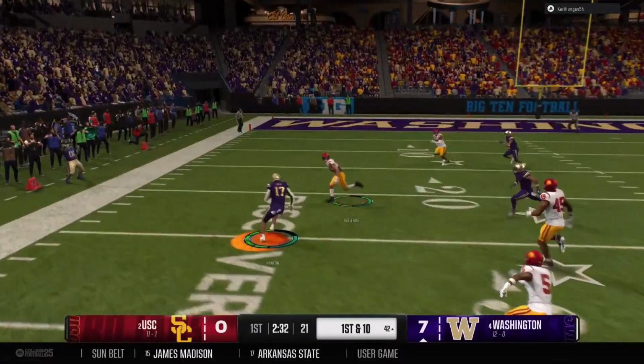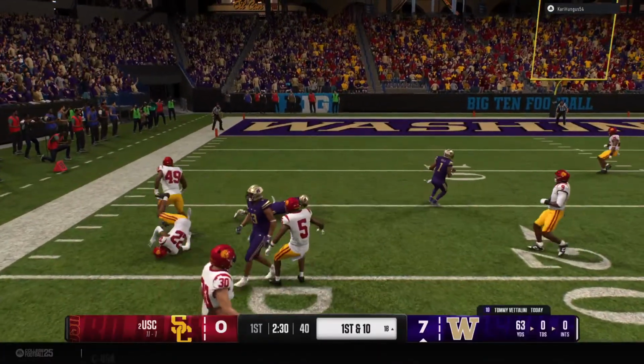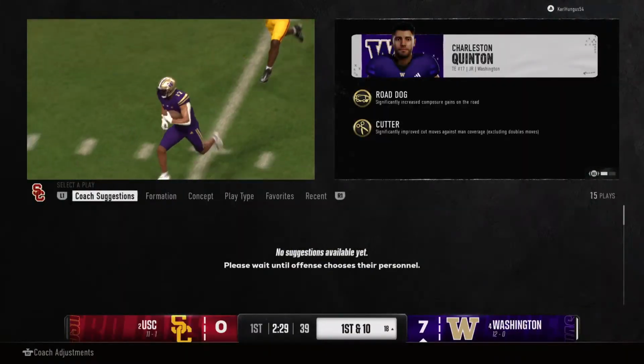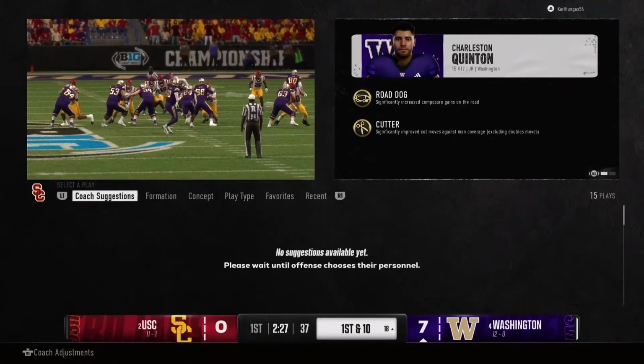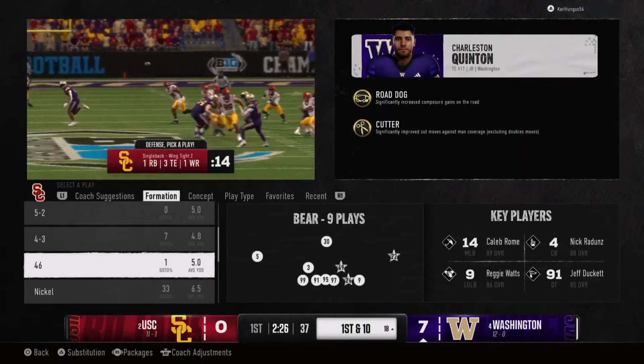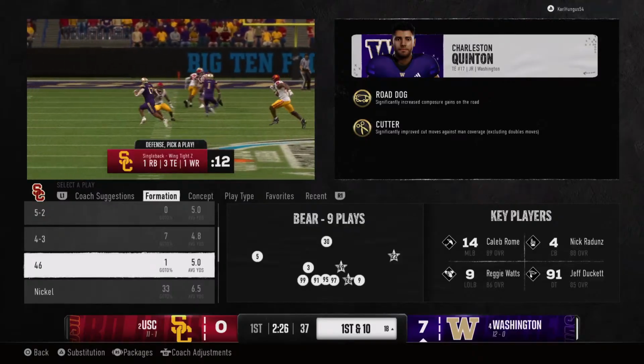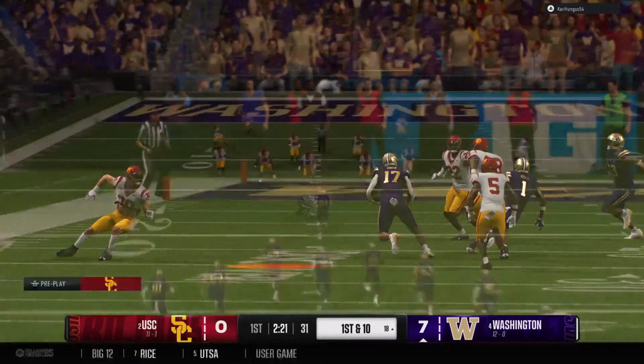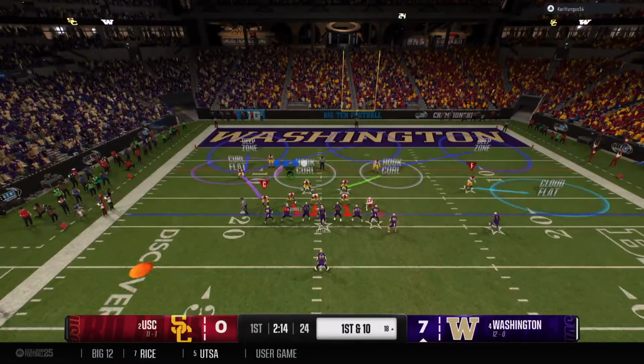And the pass is complete to the tight end. They bring him down, but a big chunk of yardage on the play. This defense has got to do a better job in coverage if they want to get off the field anytime soon. You keep defending like that, and this offense could have 50 on you by the end of this game. Washington has moved into the red zone.